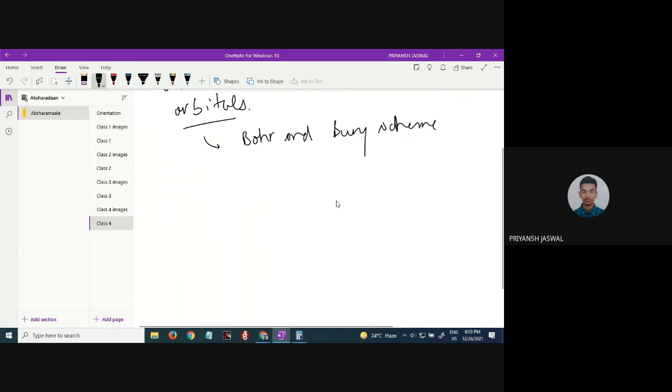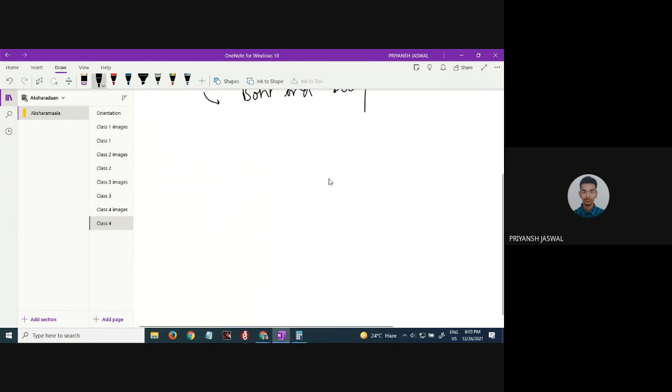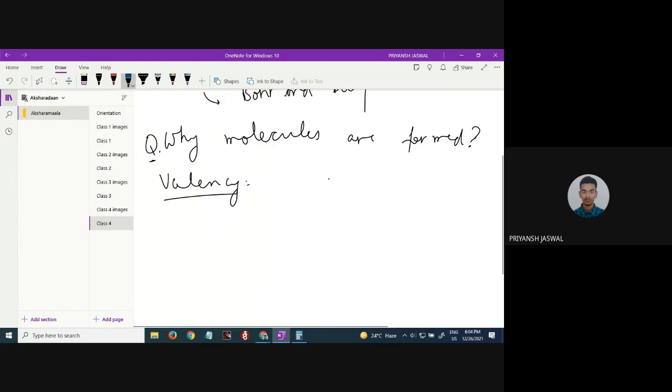So today we will continue from here and we'll see why molecules are formed, as a primary question, and some other topics also. For this we study valency. Before that, there is a term called valence electrons. What is valence electrons? These are the electrons present in